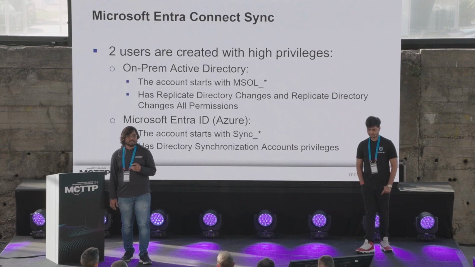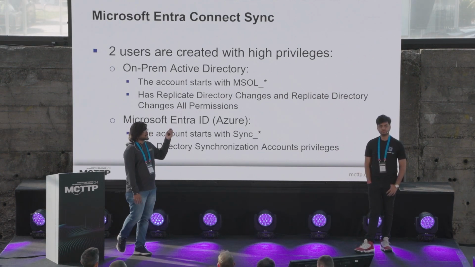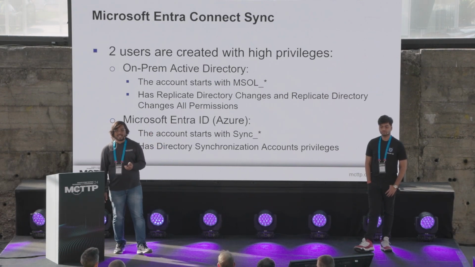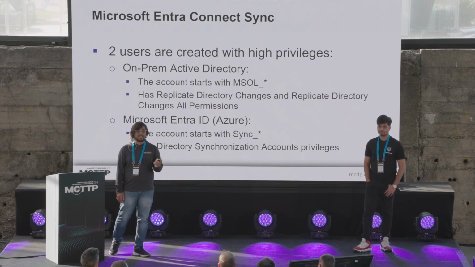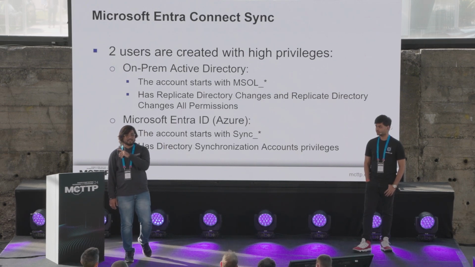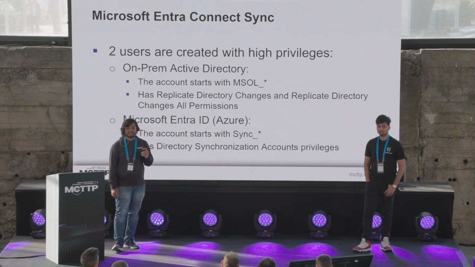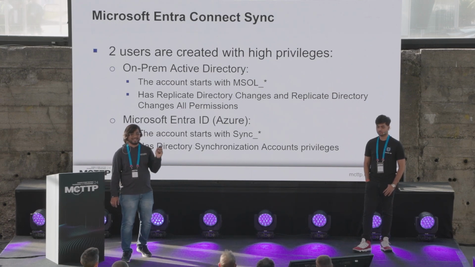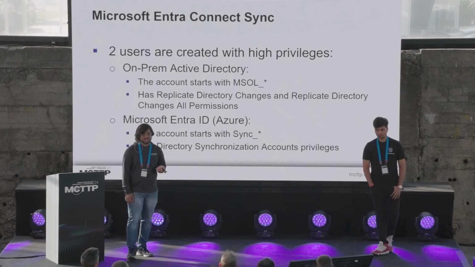So I'll just give you some brief about AAD Connect. When you install AAD Connect, there are ideally two users that are created. First, MSOL_star. When I say star, there is a random ID that is added there, right? This is a user account which has privileges to perform DCSync, because this user account has to sync all the hashes if you're using the password hash synchronization method to sync to your Entra ID, that is your Azure cloud environment, right? Then there is another user account that is also created, which is in the cloud environment, that is Sync_star. Again, a random ID or value is added there. This user account has a privilege known as directory synchronization privileges.